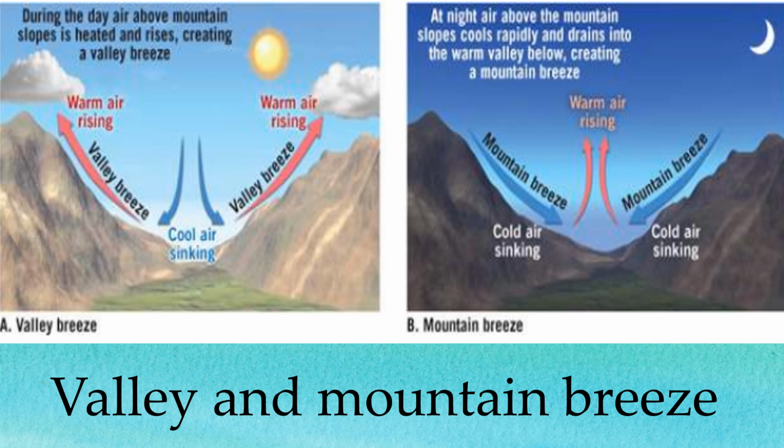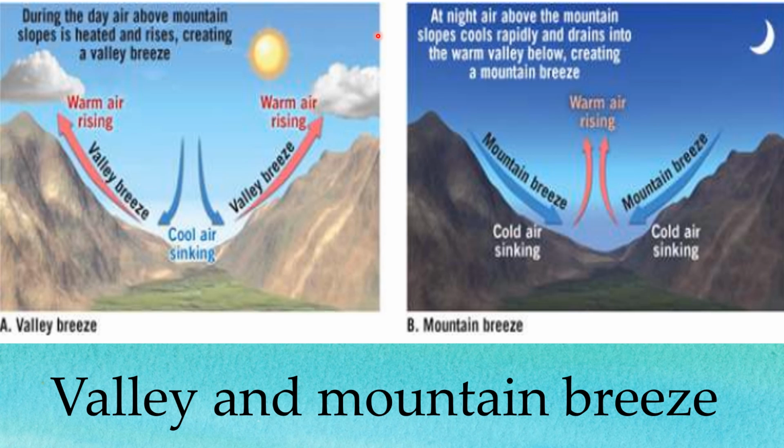So the warmer air glides up the mountain slopes and generates the valley breeze. Valley breezes can often be identified by the cumulus clouds that develop over the adjacent mountain peaks, as you can see here. These breezes may account for late afternoon thunder showers that occur on warm summer days,